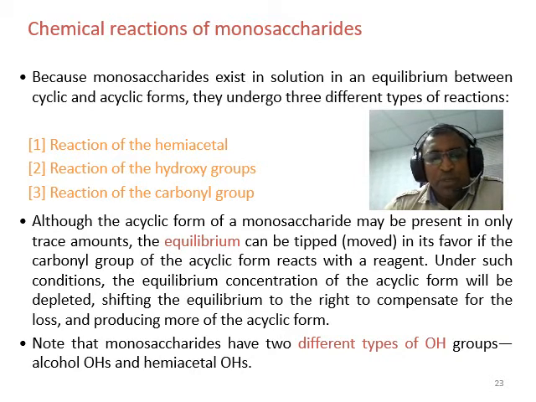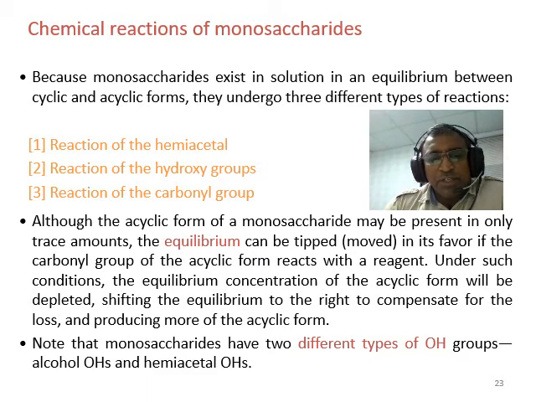It could also be a reaction of the hydroxy group, either the hydroxy group belonging to the anomeric carbon or the non-anomeric carbon. It is also involving the acyclic form, which is in trace level, the carbonyl group. So these are the three types of reaction, and we will see in the next slides to come the examples